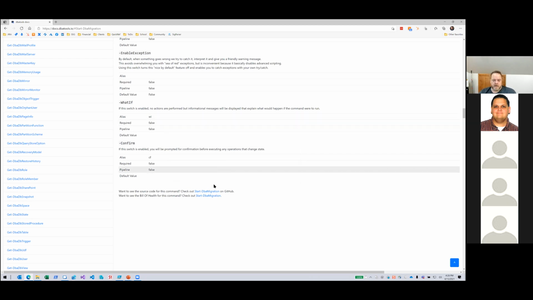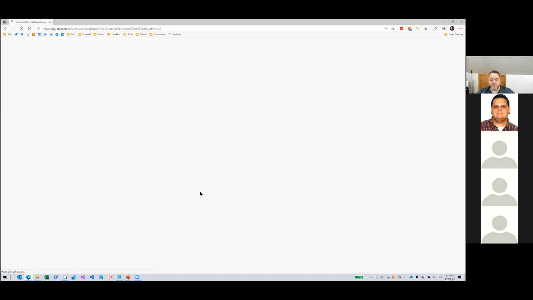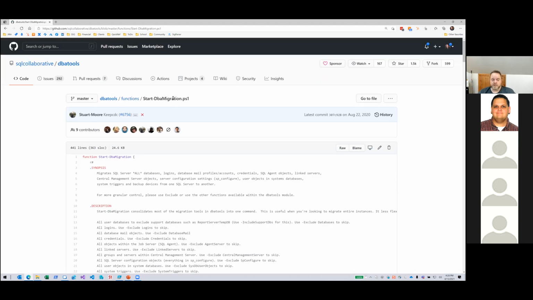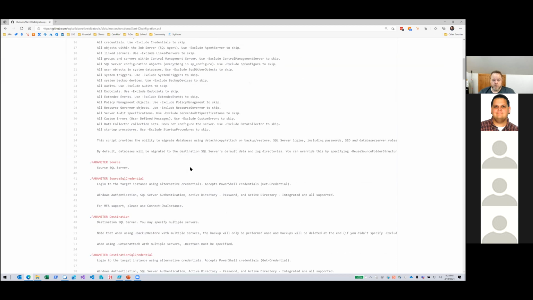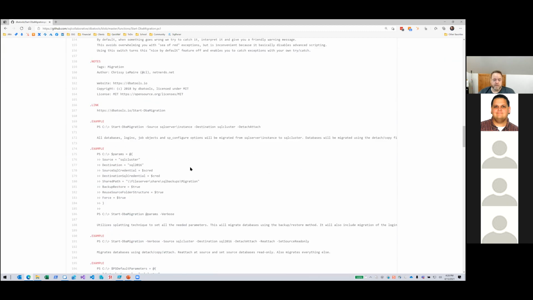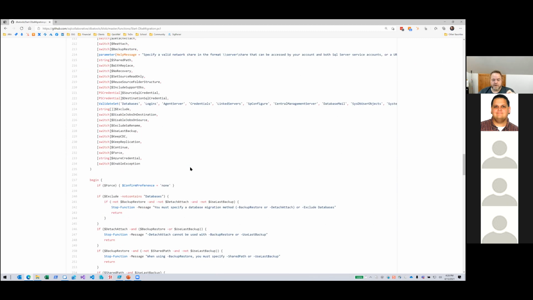So if you click on this one here, it's going to take you right to the GitHub repository to the PowerShell script that's for that function. So, you know, you can go through that. You can see exactly what it's doing. And this particular one